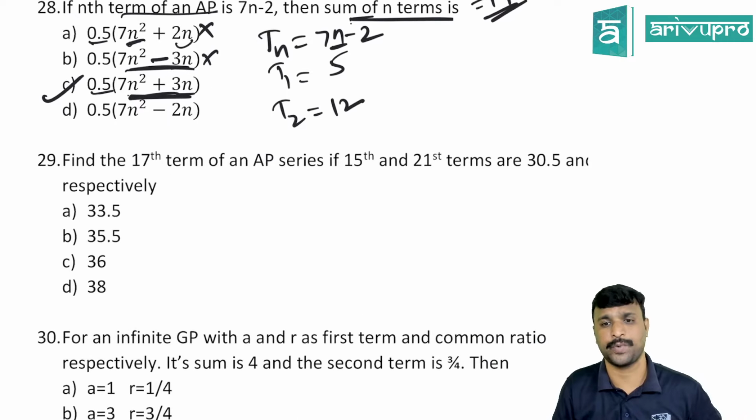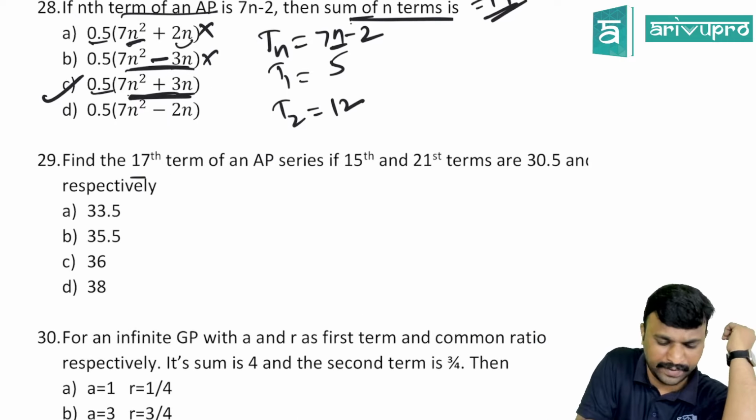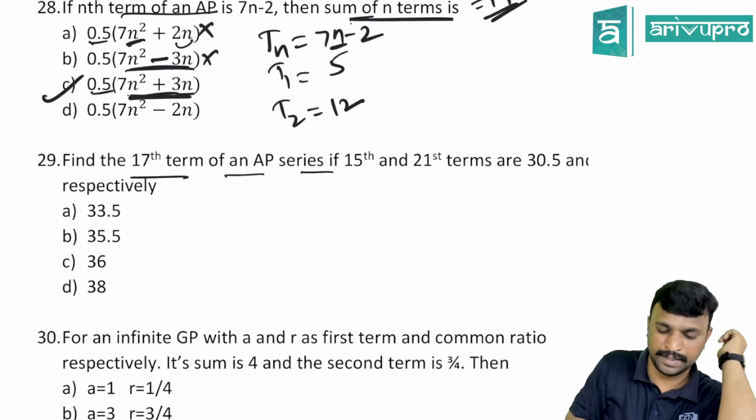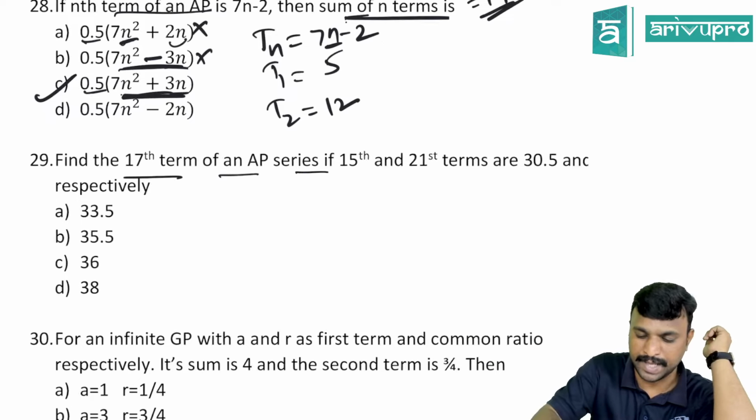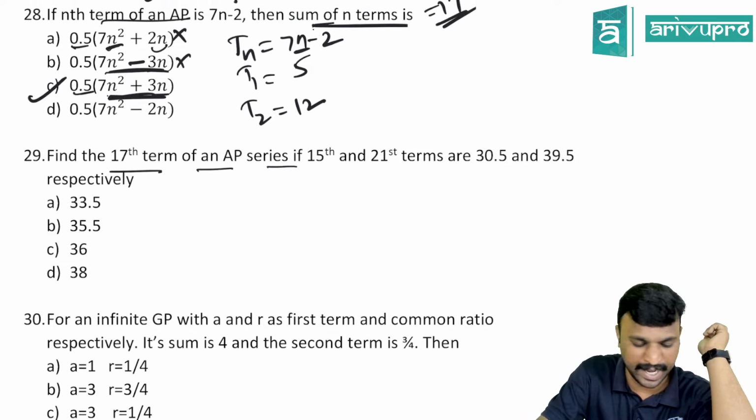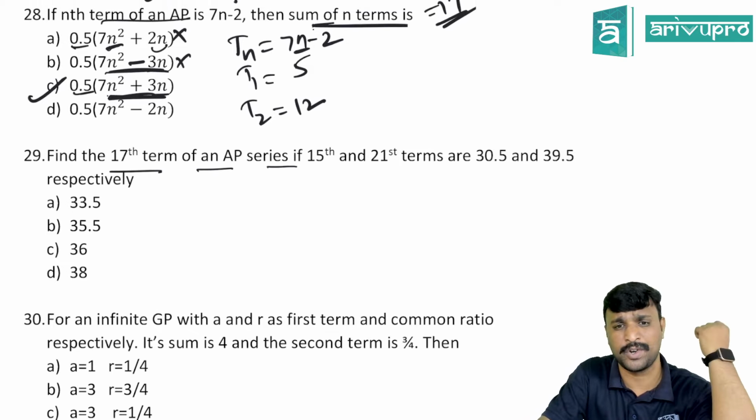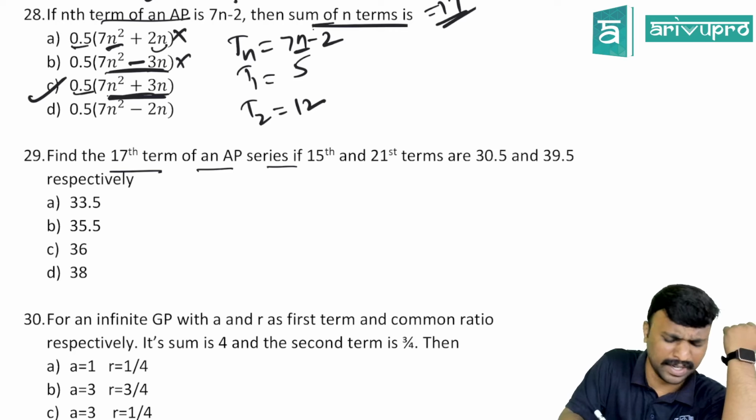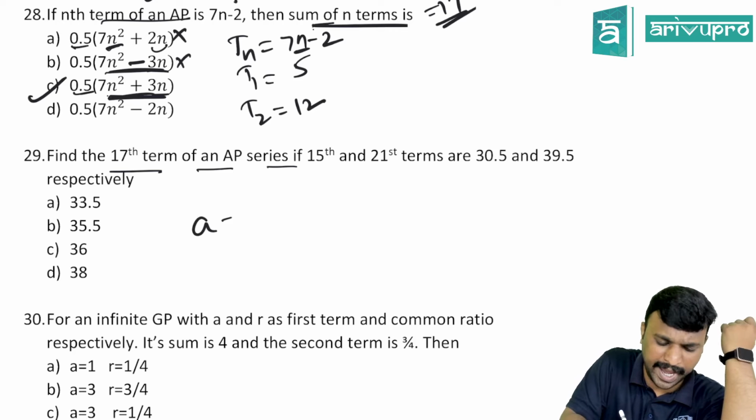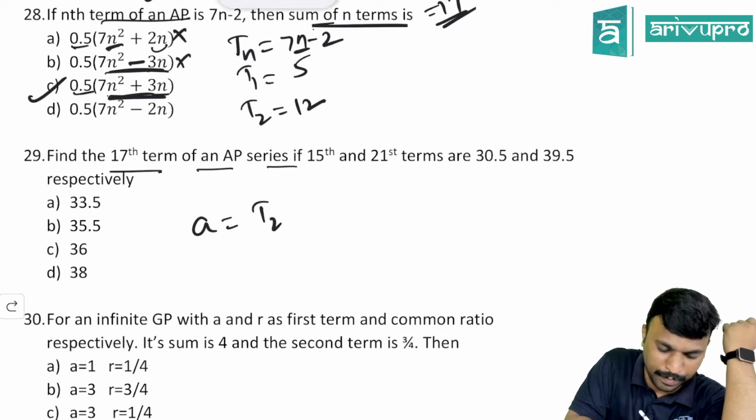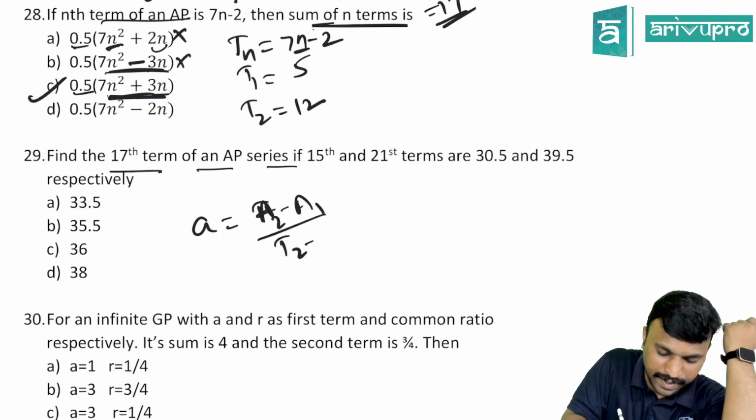Guys, let's move on to the next question, that is question number 29. Find the 17th term of an AP series if the 15th and 21st terms are 30.5 and 39.5 respectively. Guys, I have given a shortcut for this. What's the shortcut? If you want to find a, it is A2 minus A1 divided by T2 minus T1, into T1 minus A1, under